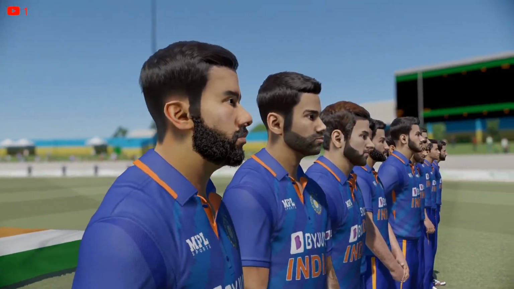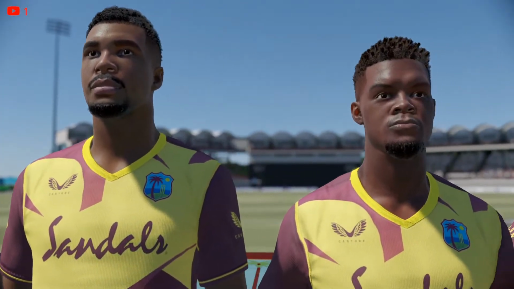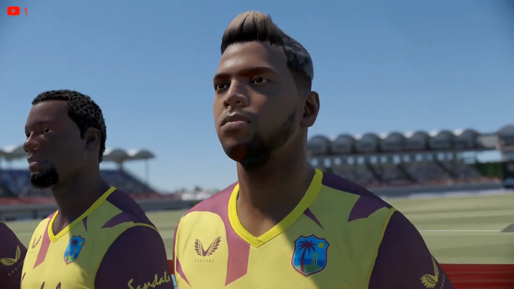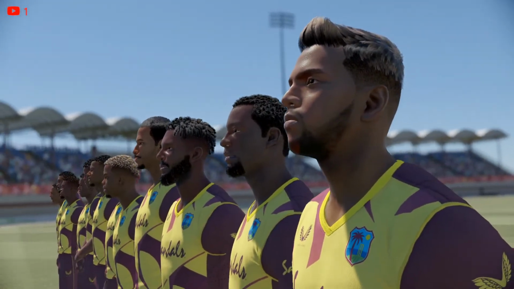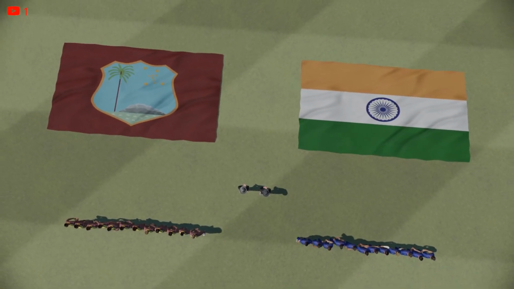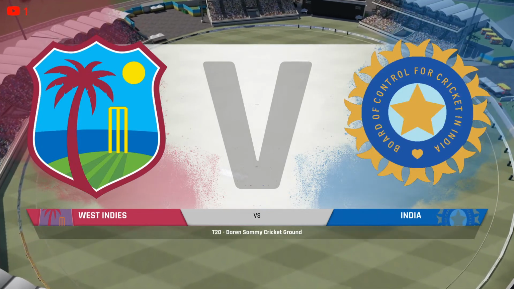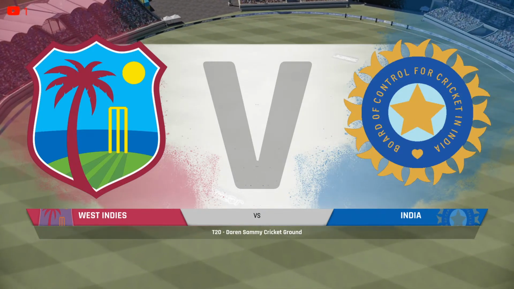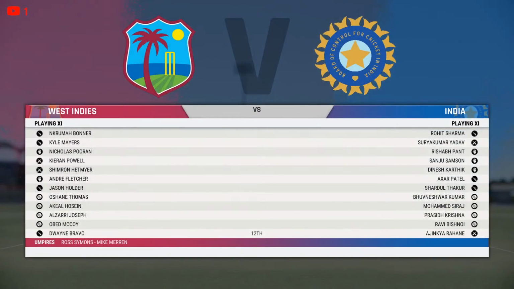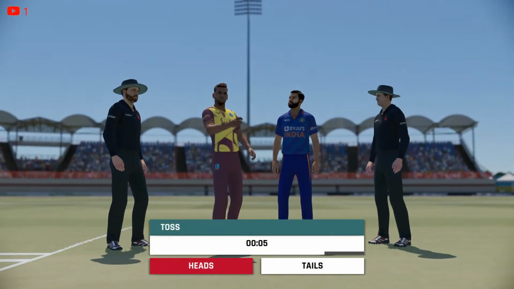So we are playing the first match after the update. The latest update for Cricket 22 just rolled out on 5th August, I think. And after that, this is our first stream. So let's see, will we just see some changes and some improvements in the match, or will it just be the same as the previous experience? So these are the lineups you can see. Let me just quickly jump onto the